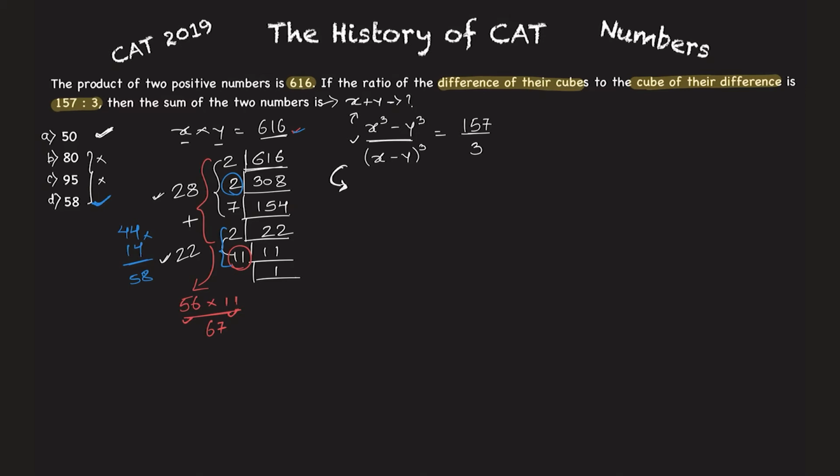But I hope you got the answer. In case you are still confused, there is one more way. You can just put the number here as, say, 44 cube. You can put it here now.